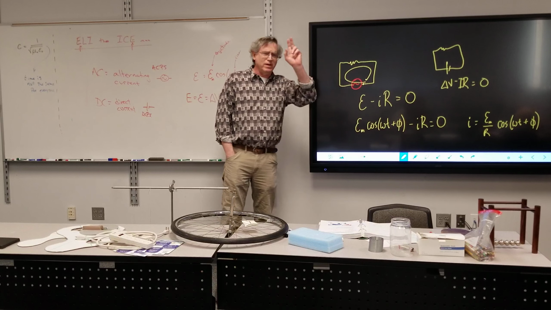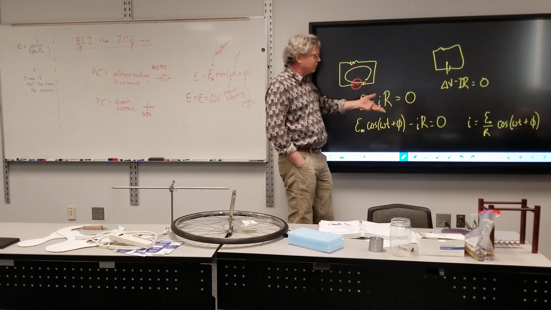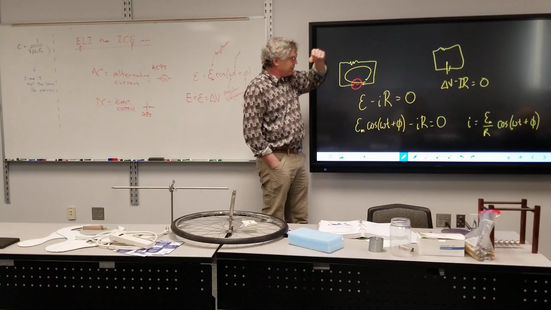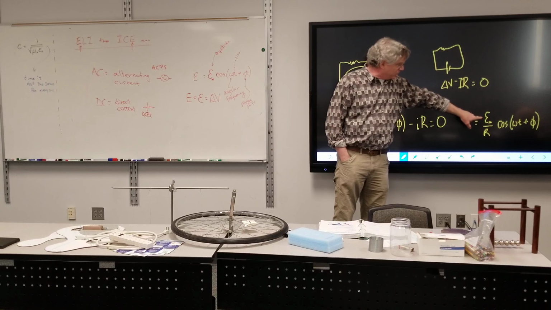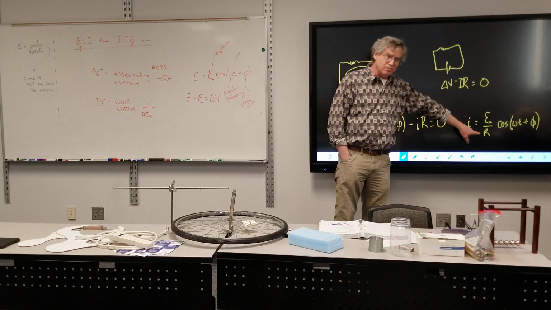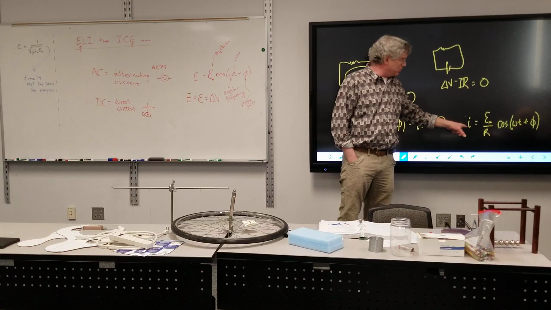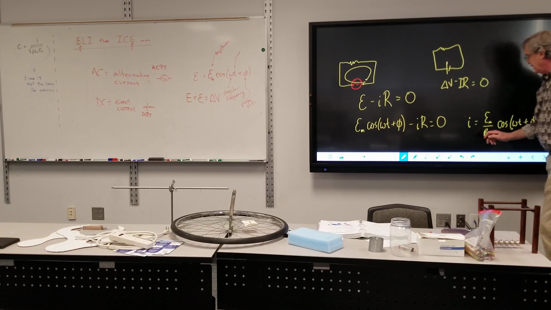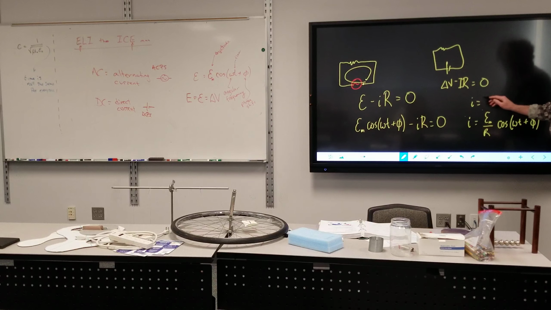All right, so we got some major things coming out of this. It just looks simple, not a whole lot of highfalutin math here. But this maximum voltage over the resistance is my maximum current. This is just the amplitude of current. So I can also write this as capital I, which now represents the maximum current, cosine omega t plus phi. So we have that the maximum current is equal to the maximum voltage over the resistance.